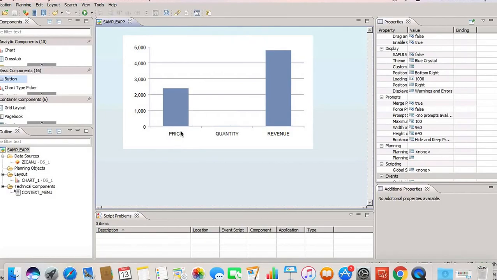So for this we need two elements. One is the event. Whenever the user selects the chart, there should be an event called onSelect offered by the chart. The second thing is that on that event you need to write logic to retrieve the x-axis member and return it to the user in the form of a message, or you can do whatever manipulation based upon that. But the fundamental action behind this scenario is these two things.